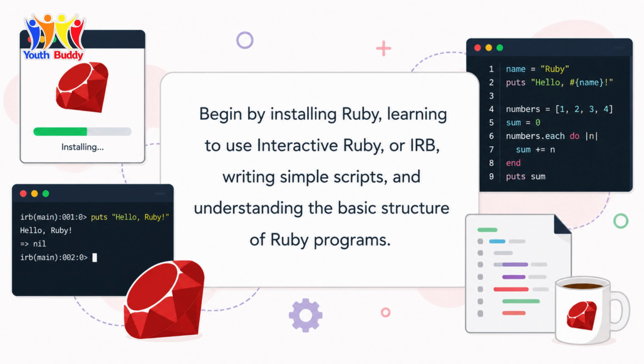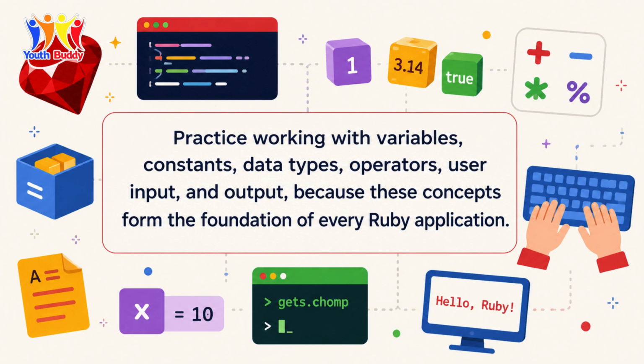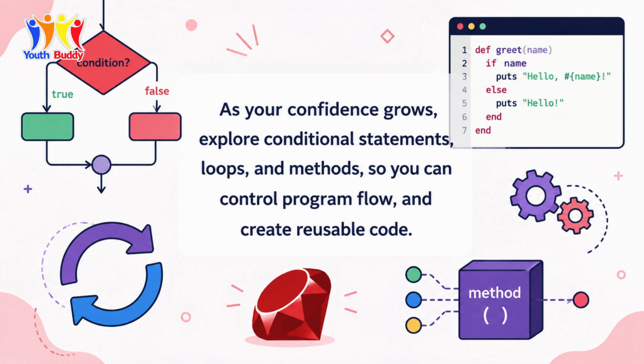Begin by installing Ruby, learning to use interactive Ruby, or IRB, writing simple scripts, and understanding the basic structure of Ruby programs. Practice working with variables, constants, data types, operators, user input and output, because these concepts form the foundation of every Ruby application. As your confidence grows, explore conditional statements, loops, and methods so you can control program flow